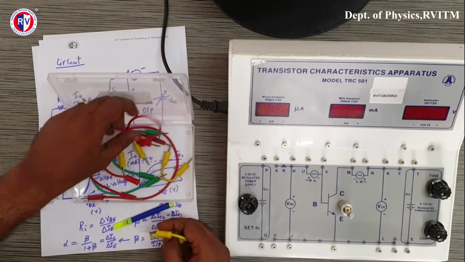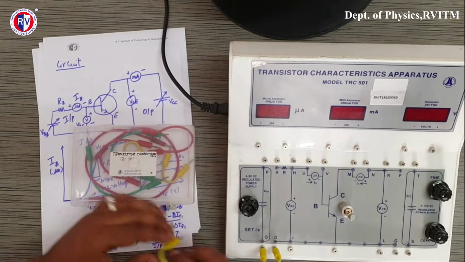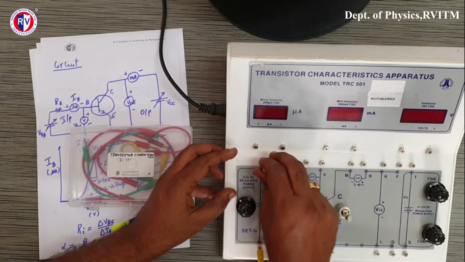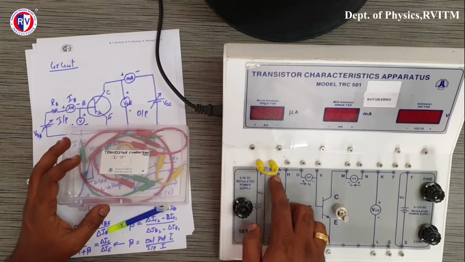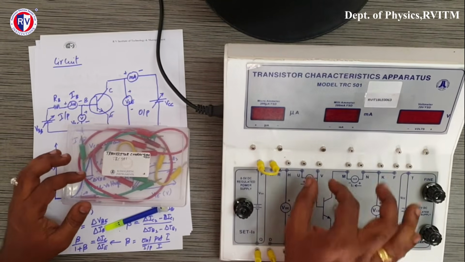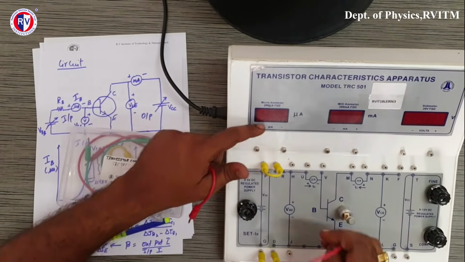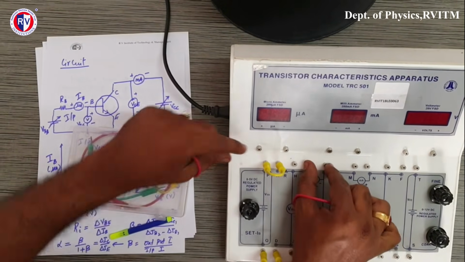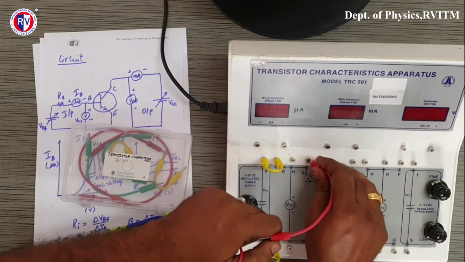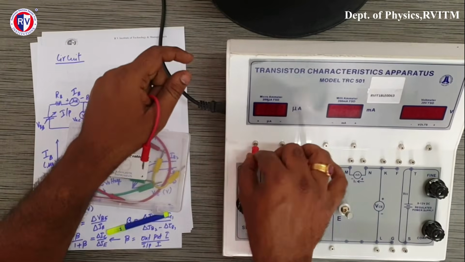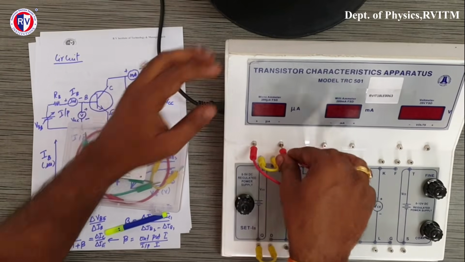Now let's connect the input circuit first. I will connect the source first. So source is connected. Now the input resistance RB is already there. Let's connect this microammeter. This is a microammeter and the values can be read from this. It's a digital one. So positive of the microammeter is connected to positive, and negative of the microammeter is connected to negative,